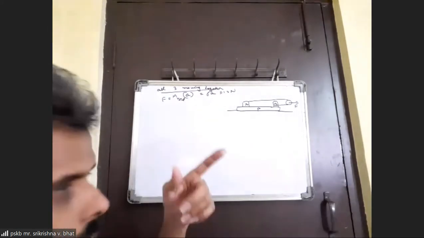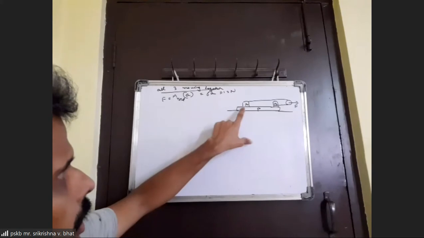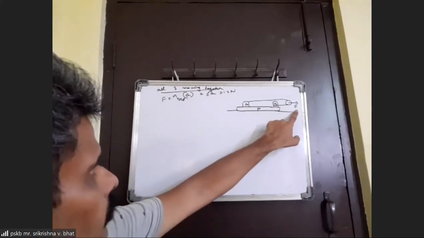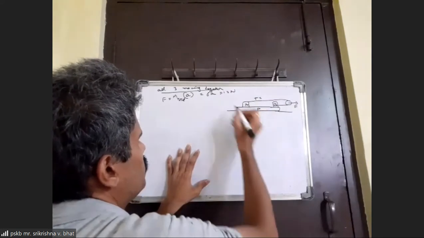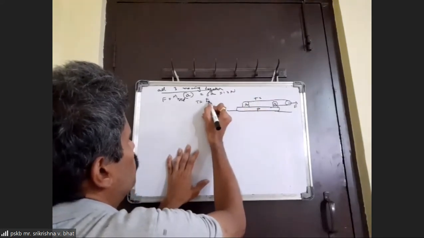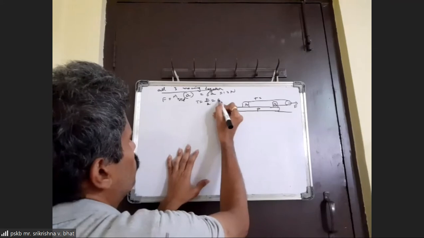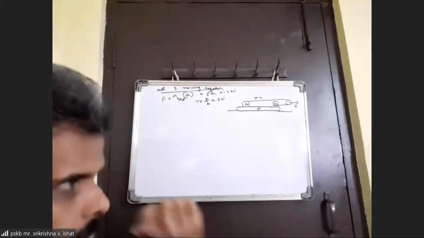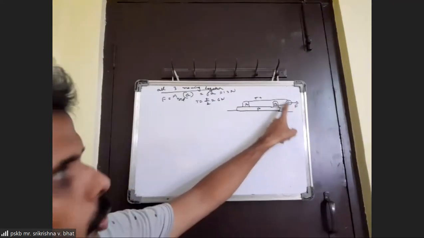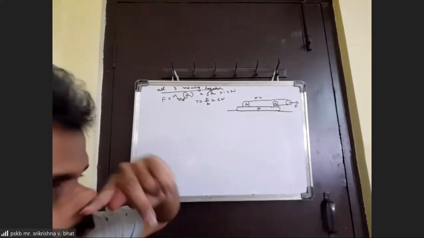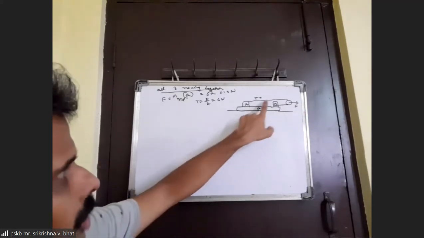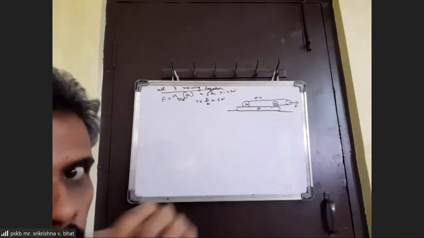Now you will see that if the force is 12 newtons, then the tension will be F by 2, which is 6 newtons. Because this is a massless pulley, T and T add up and equate with F. So the tension should be 6 newtons, and a 6 newton force is acting on A, pulling A towards the right.